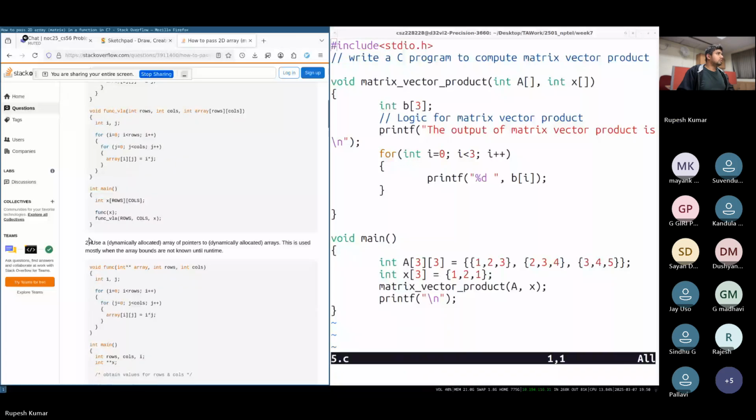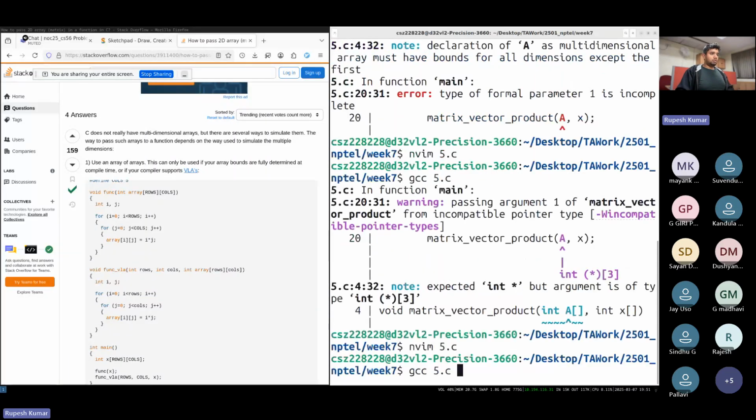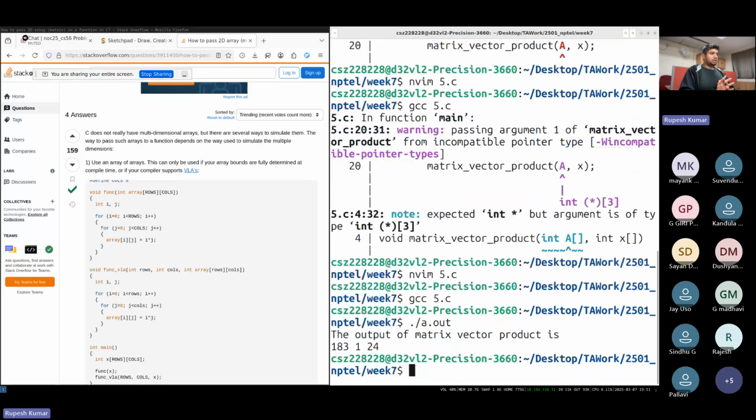So for two-dimensional vectors, you need to define the size of the vectors. Fine. So we know that we have a 3 by 3 matrix. So this should work. You can see there is no issue with our program.